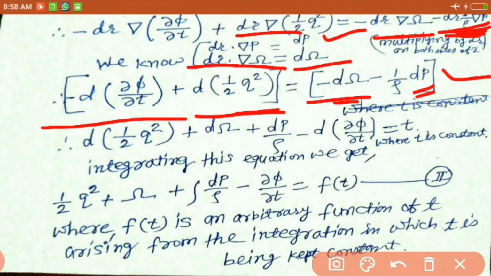This can be written in this way: the derivative of 1/2 q²